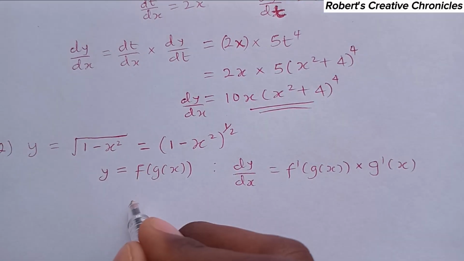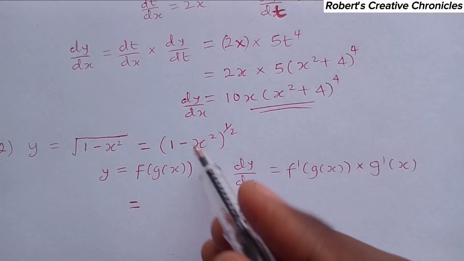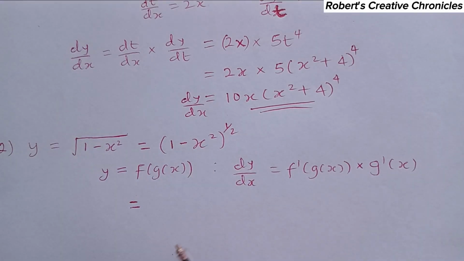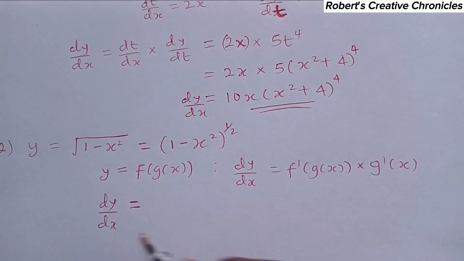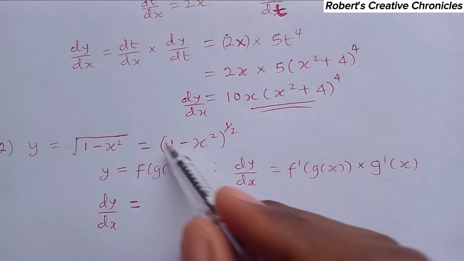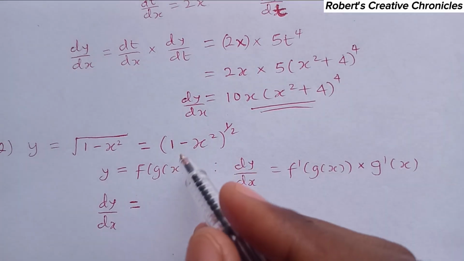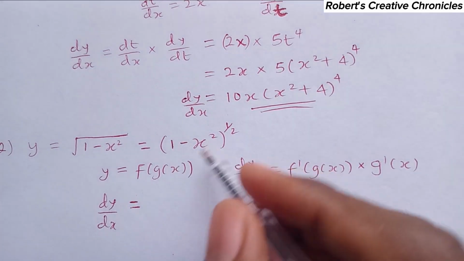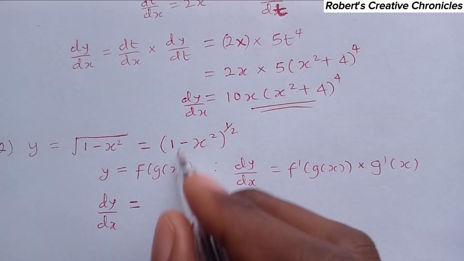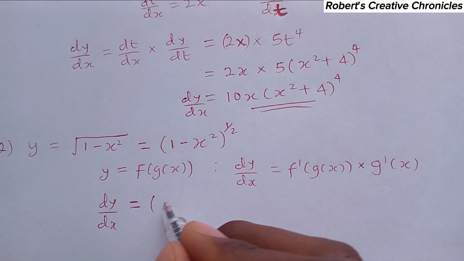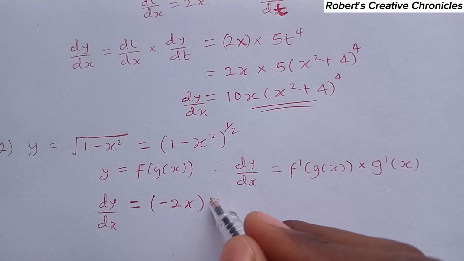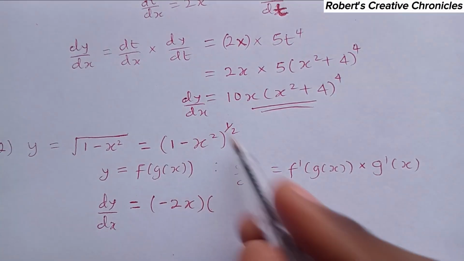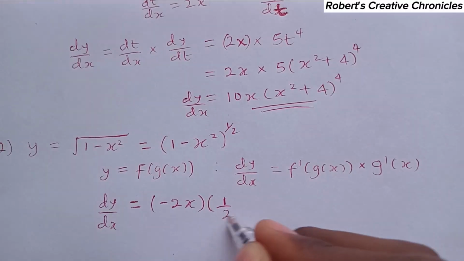So you know the inner function now is 1 minus x squared. So you find the derivative, dy over dx. This is usually a faster method. You find the derivative of the inner function. So 1 minus x squared, the derivative is 0 minus 2x. This is the derivative of the inner function, multiplied by the derivative of the outside function, which is half